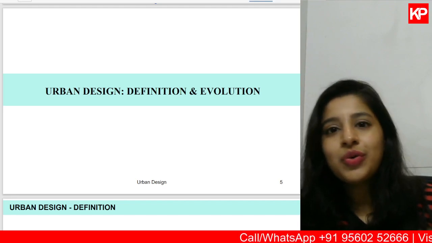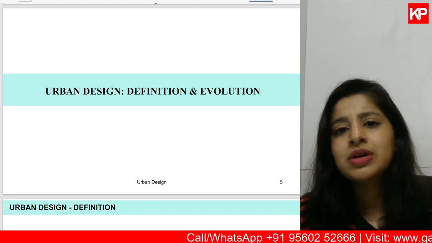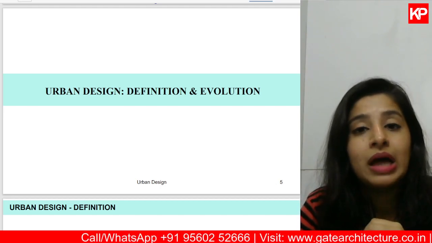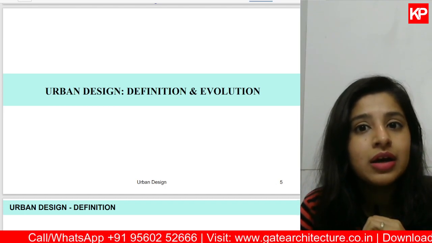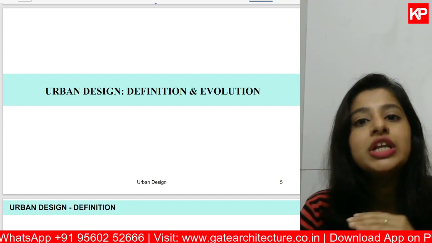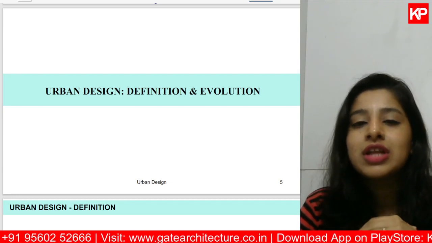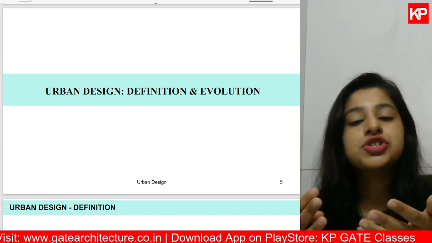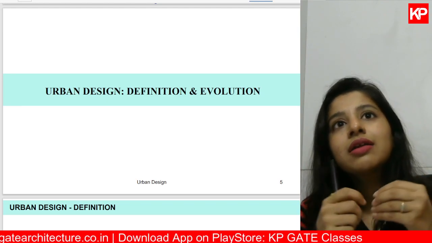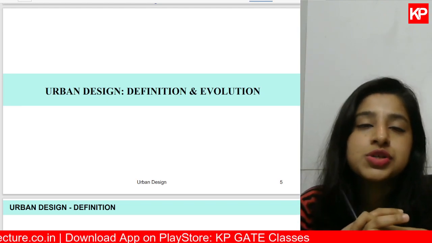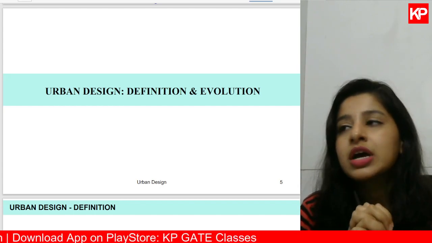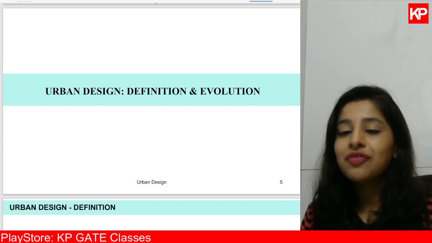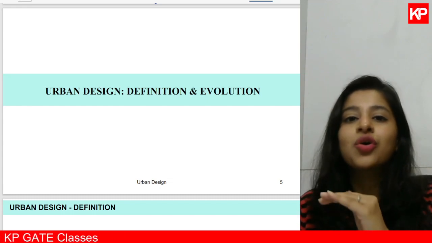So I have to give you a very simple definition of urban design. Let me help you understand urban design with comparison to urban planning. Urban planning is basically planning on a 2D level, study of an area on the 2D level. That means you try to understand the location of different activities, the spatial distribution of activities, resources. And a lot of urban planning also involves policy making for economic development, social development, all of these things. So it's planning of a region on a 2D level,